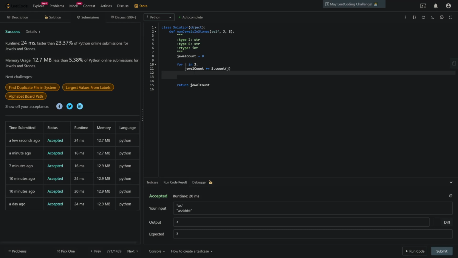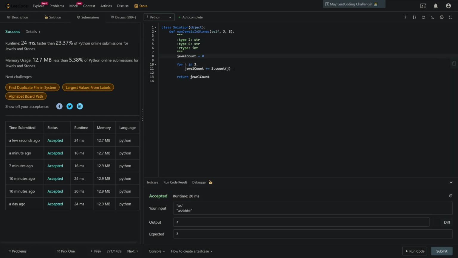We call that dynamic programming in computer science terms, but I don't really want to get into that in this problem. Basically, what it means is you just have to remember your jewels, and then if you remember your jewels, you can instantly tell, okay, this one is a jewel or not, that one is a jewel or not, right? So how do you do that? You do that by